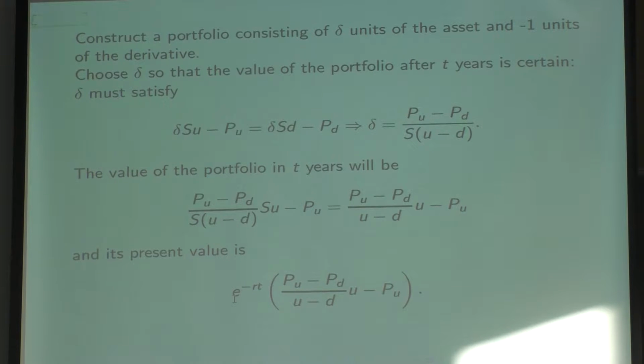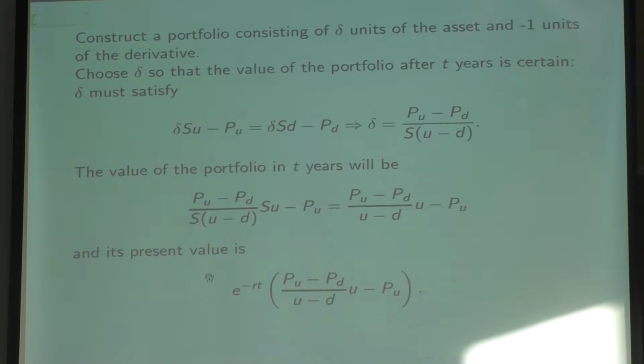Okay, so if this is making sense, then what else can we do? Now I say, okay, let's look at this portfolio. It must be worth that. But I can also think of the price of this portfolio in a different way. I can ask myself, how much money do I have to spend now to buy this portfolio? So let's buy this portfolio. What do I have to buy? I have to buy delta